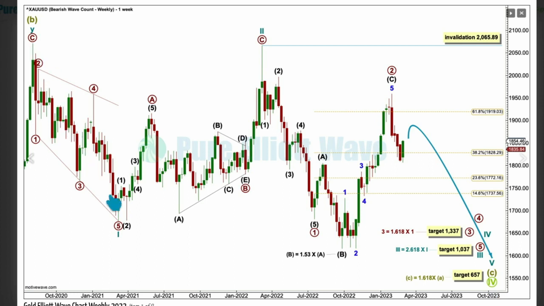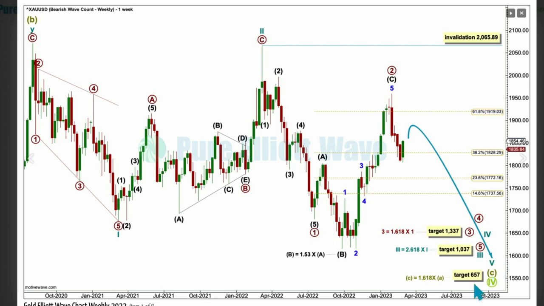With cycle wave 1, a leading expanding diagonal, complete down here. Cycle 2, a very deep zigzag, complete up here. Second waves following first waves in leading diagonals are commonly very deep, so this part of the wave count follows common behaviour. And cycle wave 3, beginning here, may only subdivide as an impulse. It must move beyond the end of 1, and it must move far enough below 1 to then allow cycle 4 to unfold and remain below first wave price territory, and then finally cycle 5 to complete the whole structure